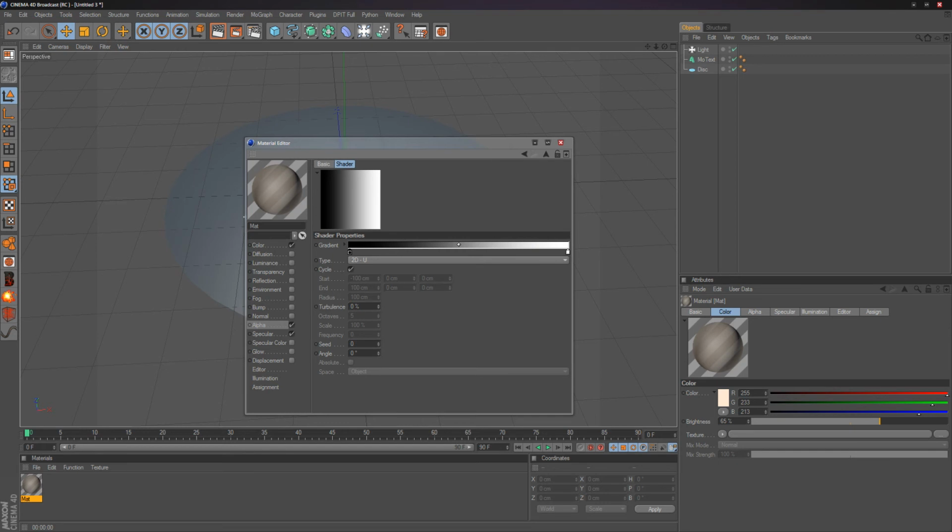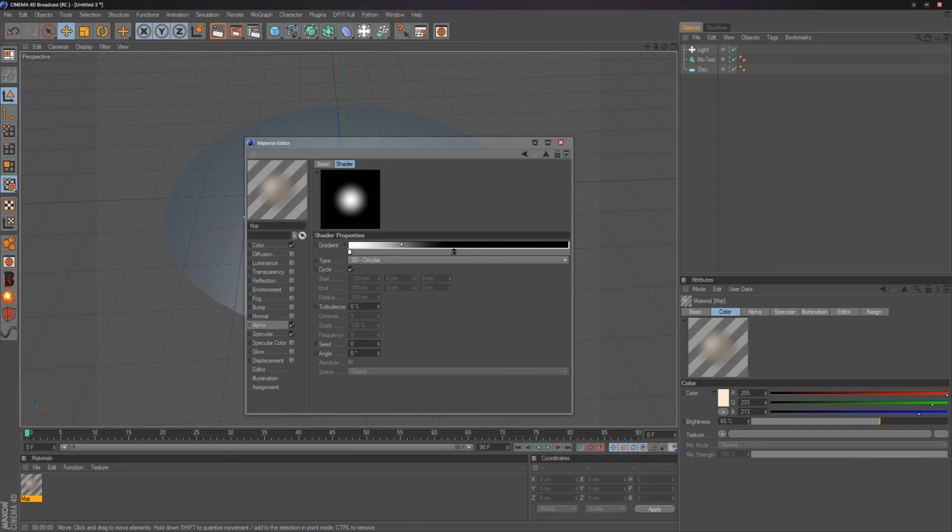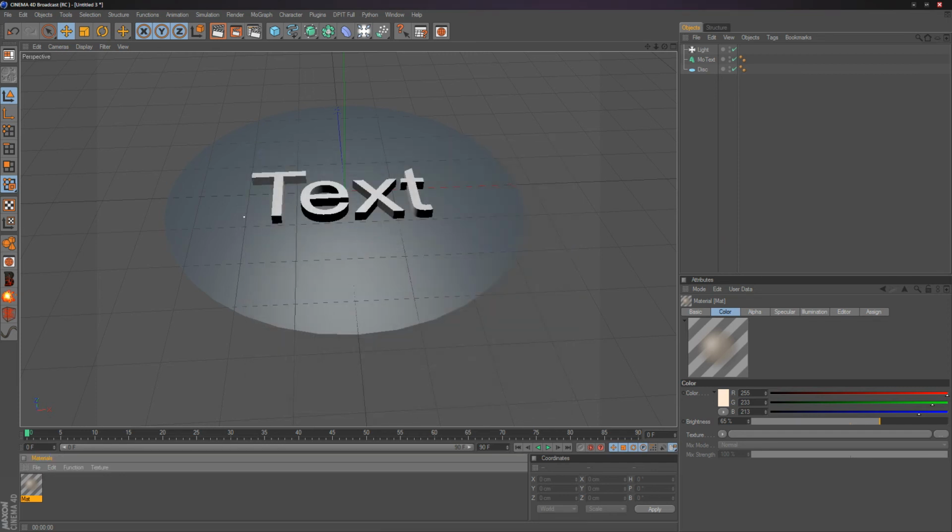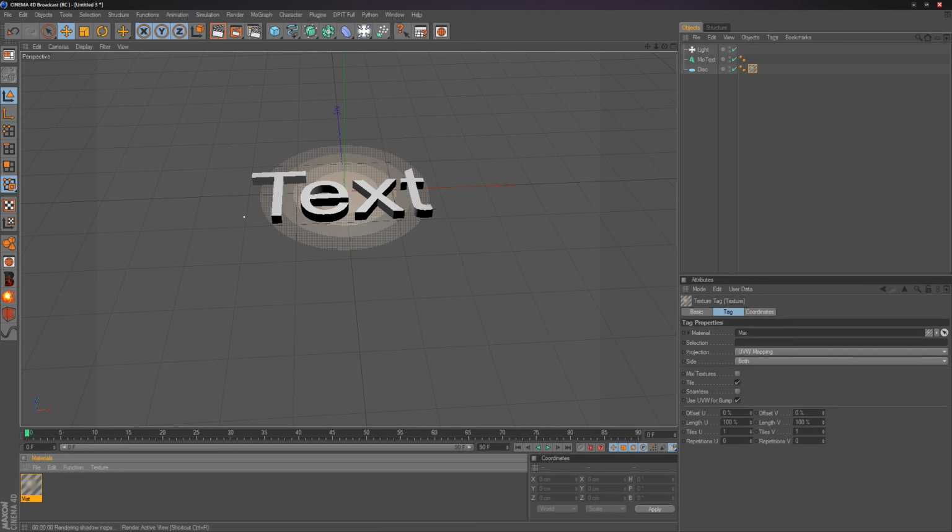We're going to go down to type, and on the type we're going to select 2D circular, and now we're just going to drag the white over to this side and drag the black over to this side, and just drag the black around to the middle right there, and as you can see it fades out the colour on the edges, and this is what's going to give the effect on the background. So that's done, and all you do now is drag that over,